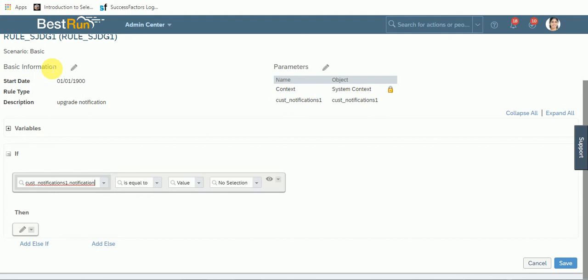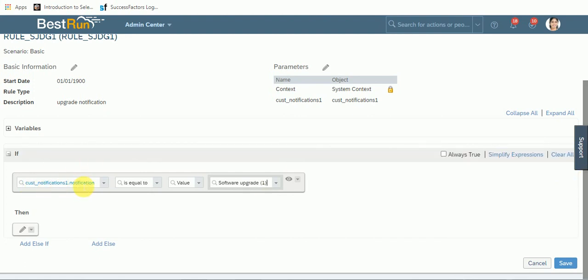Somehow we landed with the same names, but this cust underscore notification is the custom MDF we have created, and this notification is a field where we have attached the pick list. Okay, is equal to software upgrade, because these two are the values we have given, right? Whenever the notification is equal to software upgrade, then